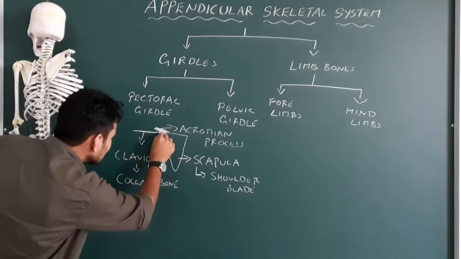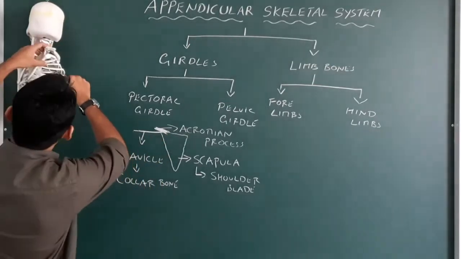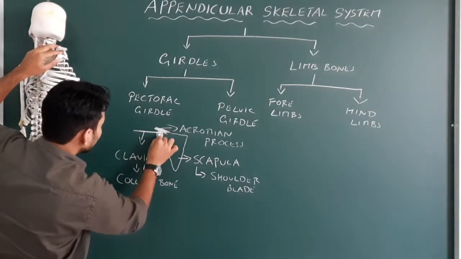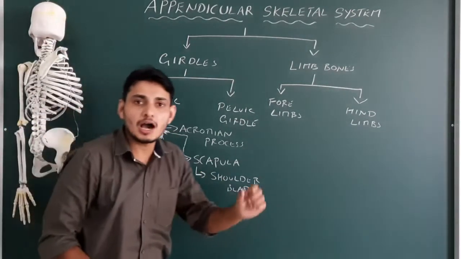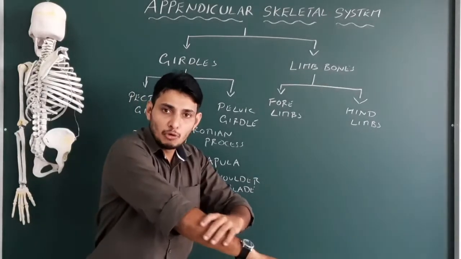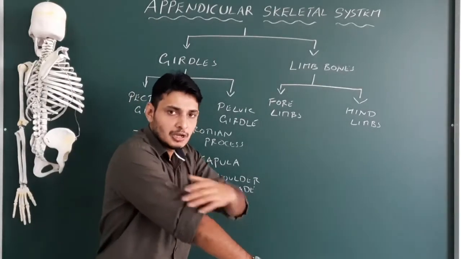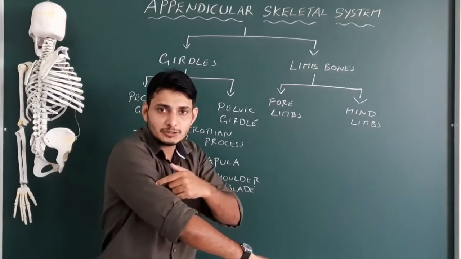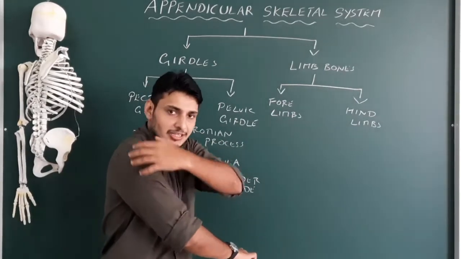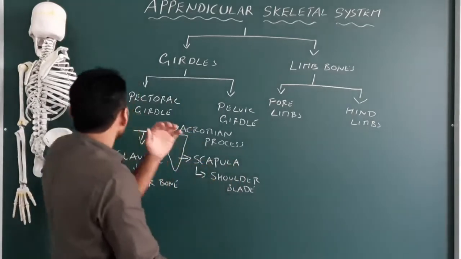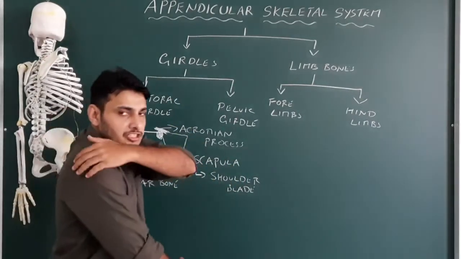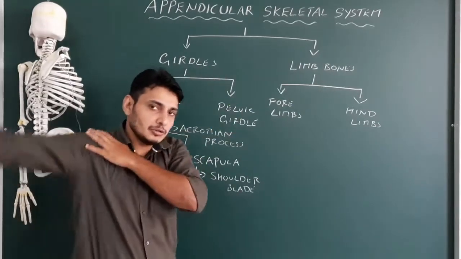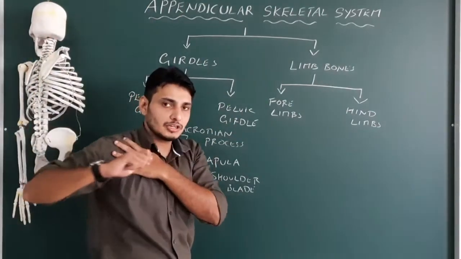Just below the acromion process, somewhere else here, there is a cavity. This cavity provides articulation. So see my four limbs, this is my arm. It has got bones. How many bones are there? 30 bones are there. The first bone is called the humerus. So the humerus is attached to this particular structure of the pectoral girdle, which is called the scapula. Got it? So there is a cavity for the articulation, so that I can do all this stuff. Correct? So there is movement.